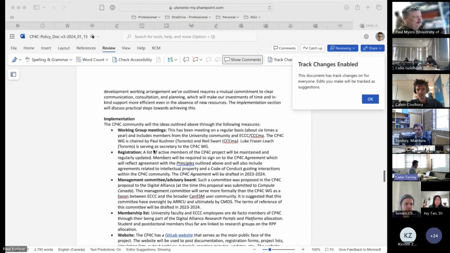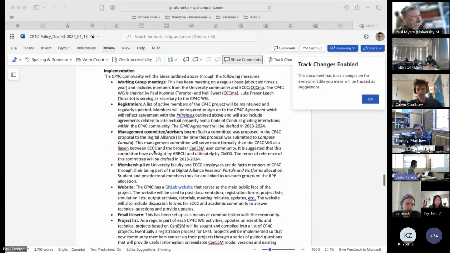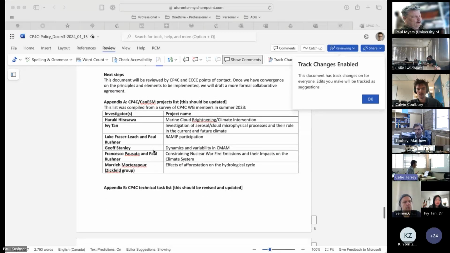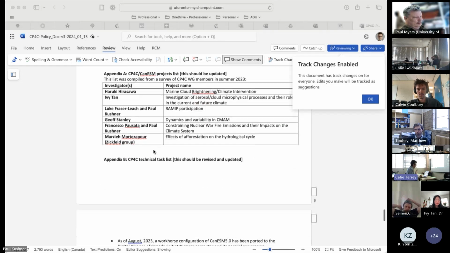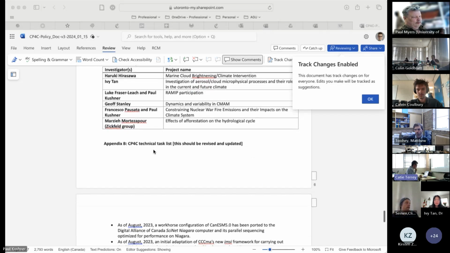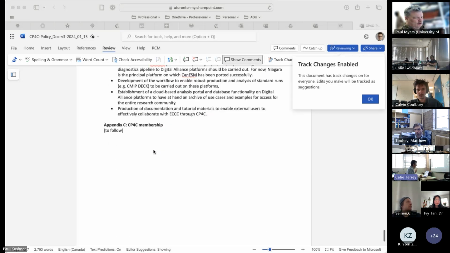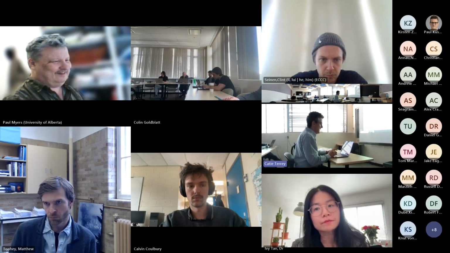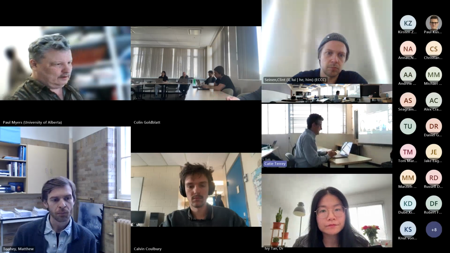And then we talk about implementation of these principles. And finally, there are some important appendices, which include our current plans, all right, runs. This is an outdated table right now. A list of technical tasks, and then a list of membership, right? So we don't have an official membership yet, but this is one of the things we're working towards. So that's where the policy document is, and that's something we need to work on, especially in the summer and fall. Okay, going back to my presentation, let me stop sharing that and start sharing my presentation again.